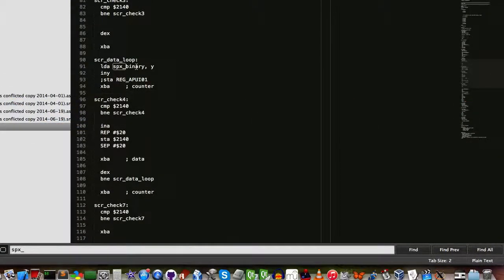I load up my data, and then I'm using some tricks to use the 16-bit width of the accumulator. I have half of that 16 bits, like the upper 8. I'll switch it. This swaps the upper and lower halves of the accumulator, so you can work with the whole 16 bits, 8 bits at a time, by switching the high half into the low half. You can work with it when you're in 8-bit accumulator mode,